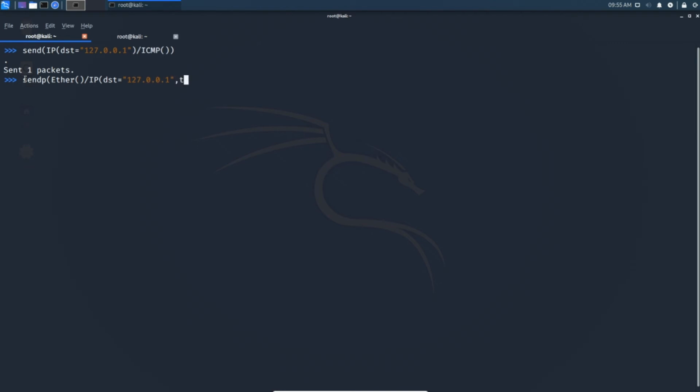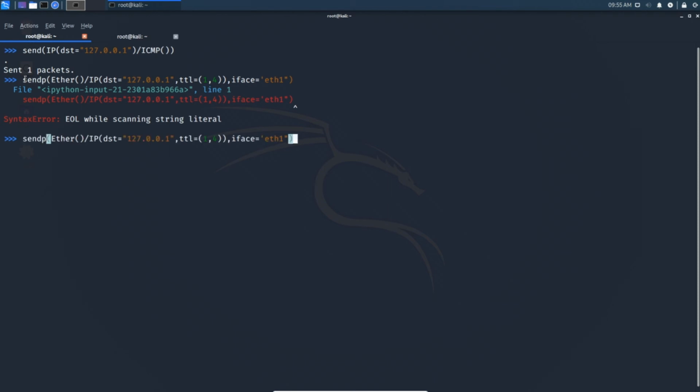127.0.0.1, and I am going to use TTL as 124, sorry, 1, 4, and the interface as eth1. Let me see whether it works or not. String literal, sorry.